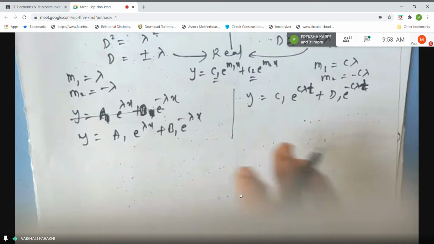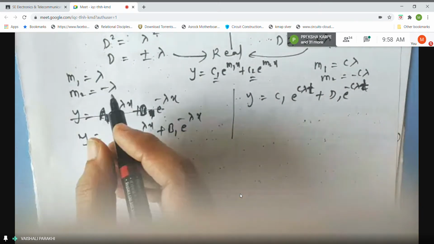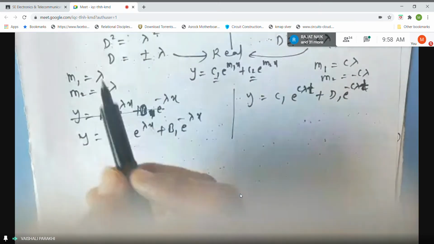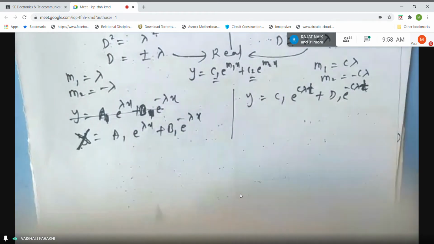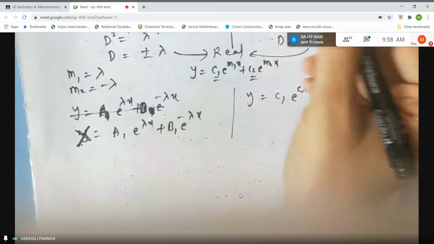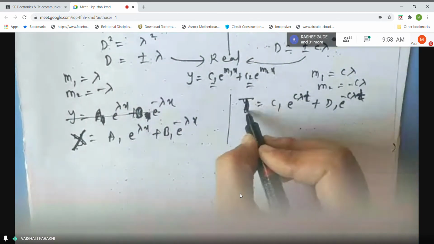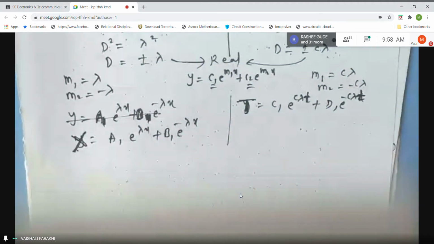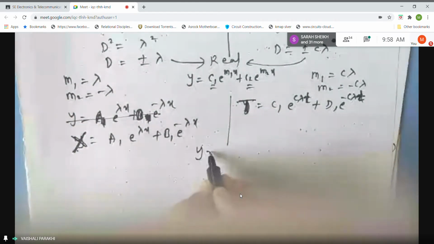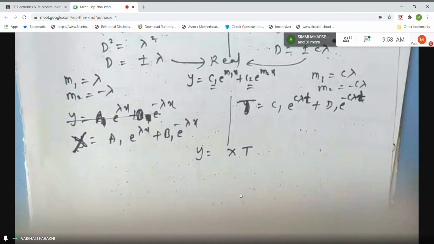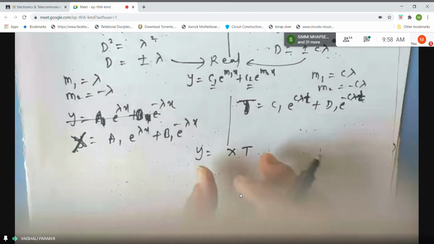What will be the left hand side of this equation? That is also important. You are solving the equation in terms of x, so y will not come into the picture. So it will be x. Here your equation is in terms of t, so here t will come into the picture. Our first equation, if you see, we have taken y is equal to x into t, no students? This equation we are solving.